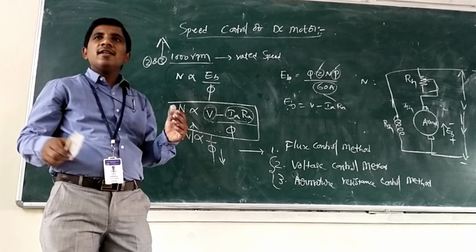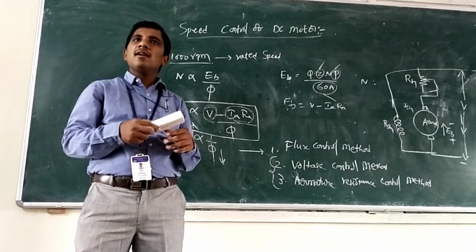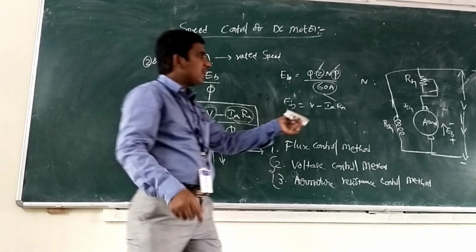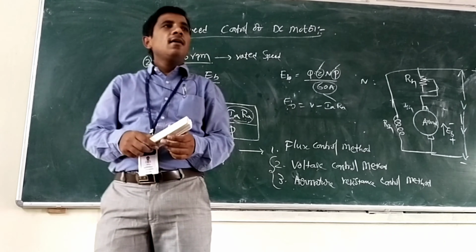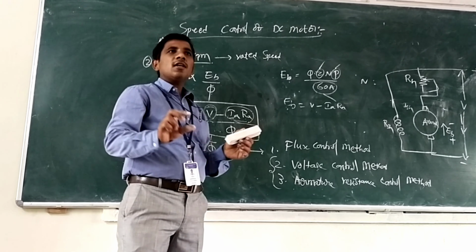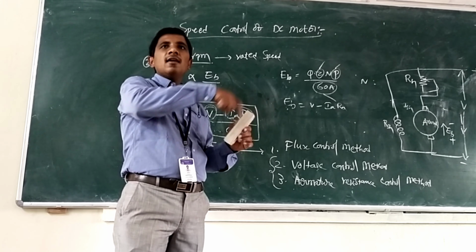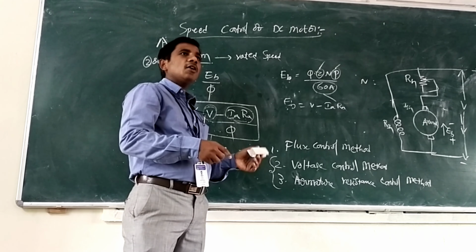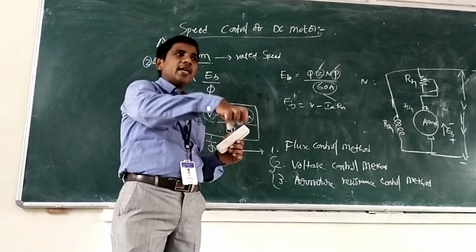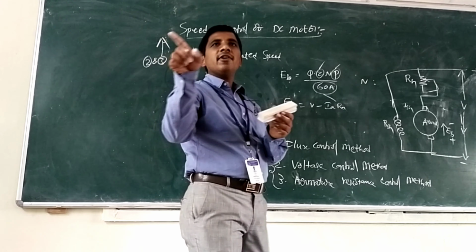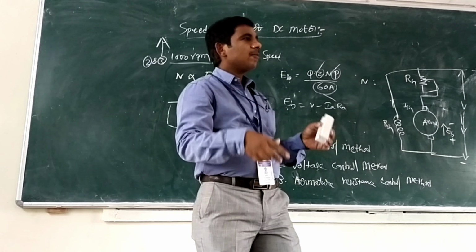By providing a rheostat in series with the armature, we can control the belt speed in manufacturing industries. They will connect not only one rheostat but electronic components also to control the speed. Speed control of a DC motor by using electronic components, by changing the resistance automatically using circuits, they are controlling the speed. The belt conveyor moves slowly. In industries you saw that the belt conveyor is moving slowly, and all the equipment is kept on that manufacturing plant.